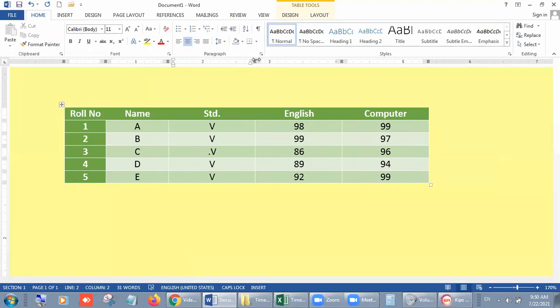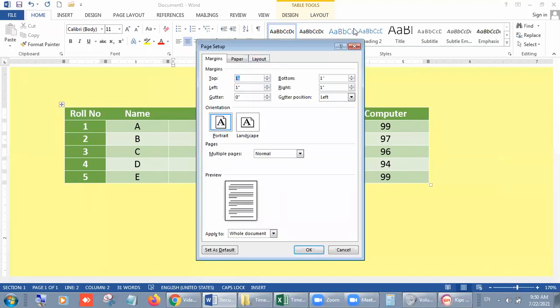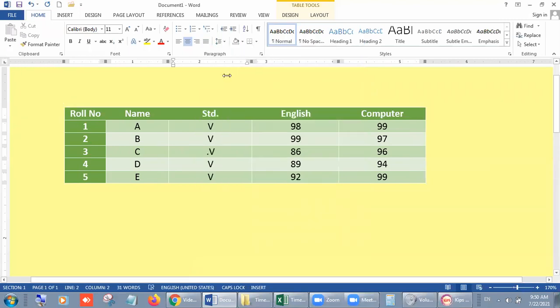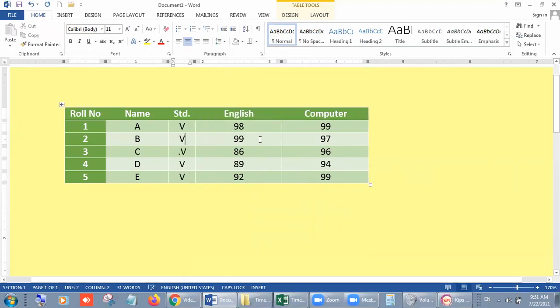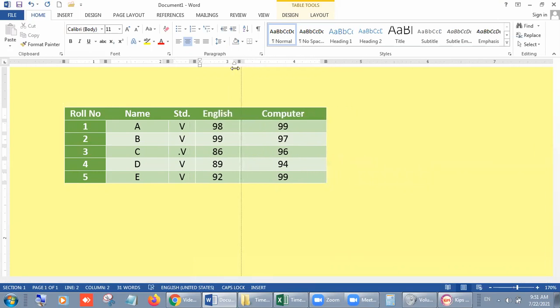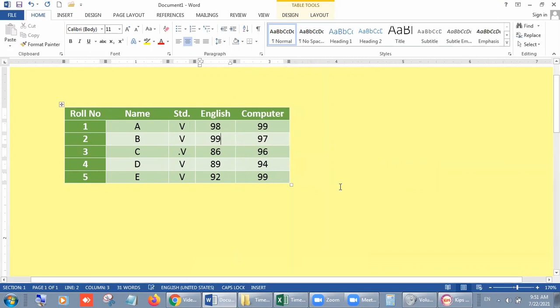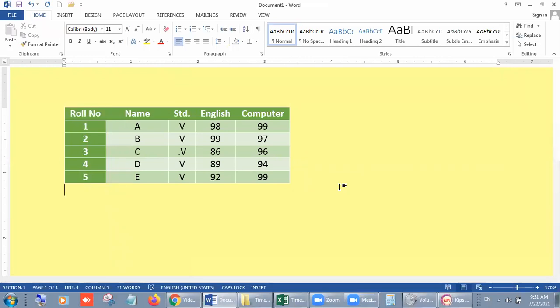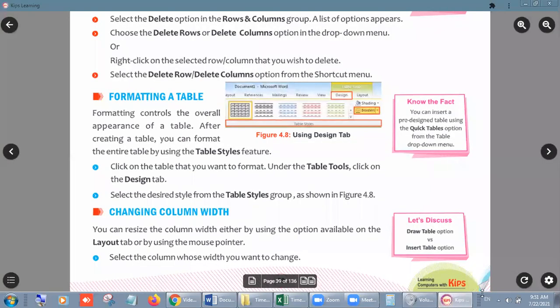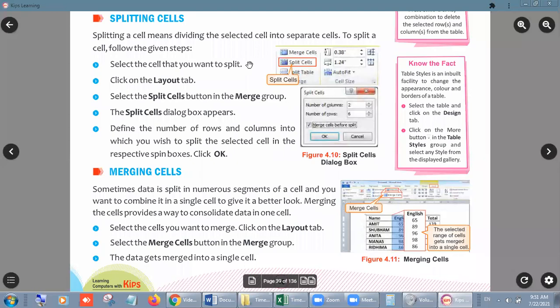Standard is also big, you can change its width also. Now English, and the same with computer. Look, students, now our table is looking more beautiful than before. In this way you can change the width of the columns according to your requirement. I hope you are getting it clearly, and it is very easy for you. Now let me turn the page.